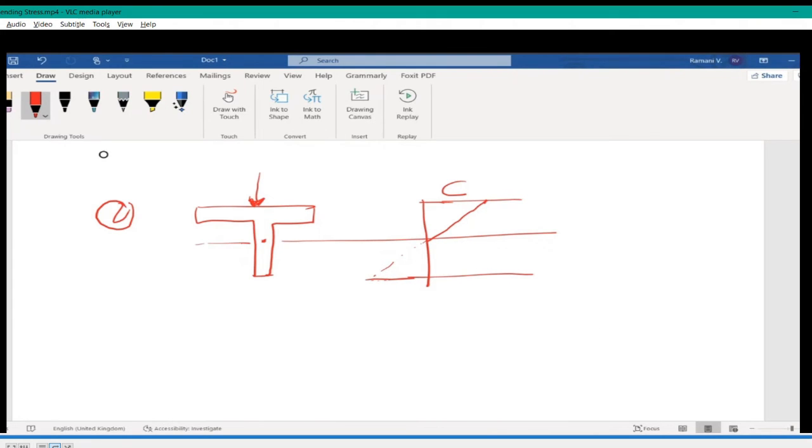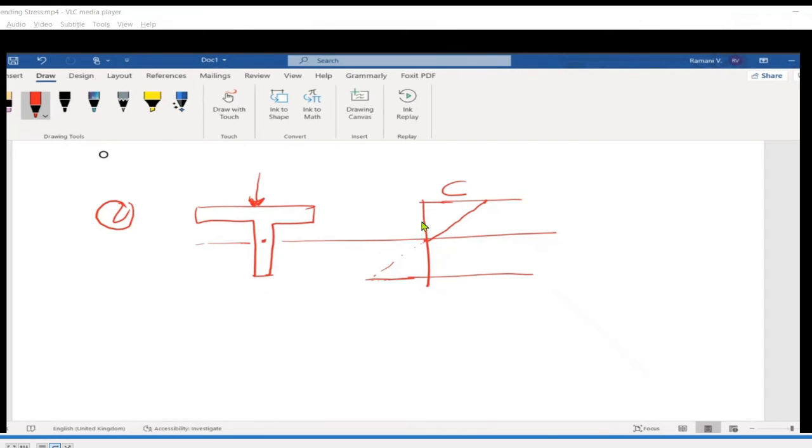You can do this way or this way, also fine, provided you show different directions, that's important. So it will be a compression type, right? Reducing in the cross section. And the bottom will be tension, because after the neutral axis it is totally further from the